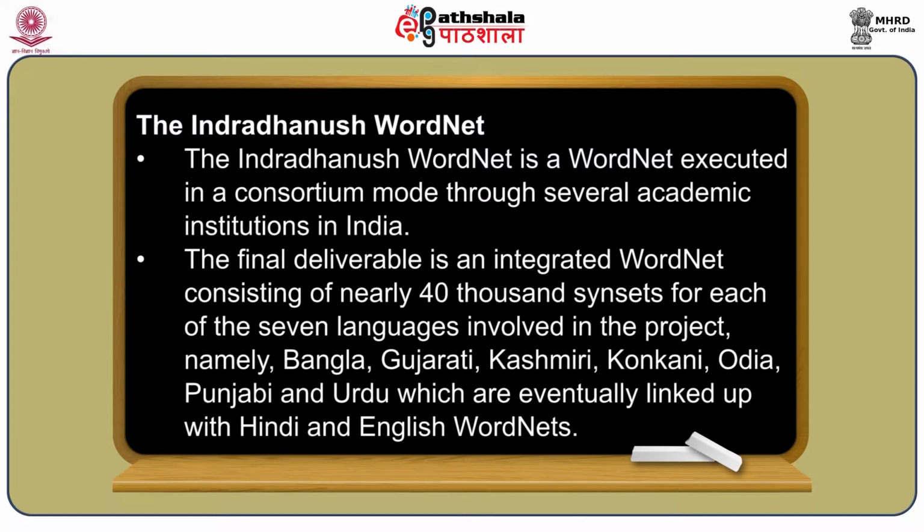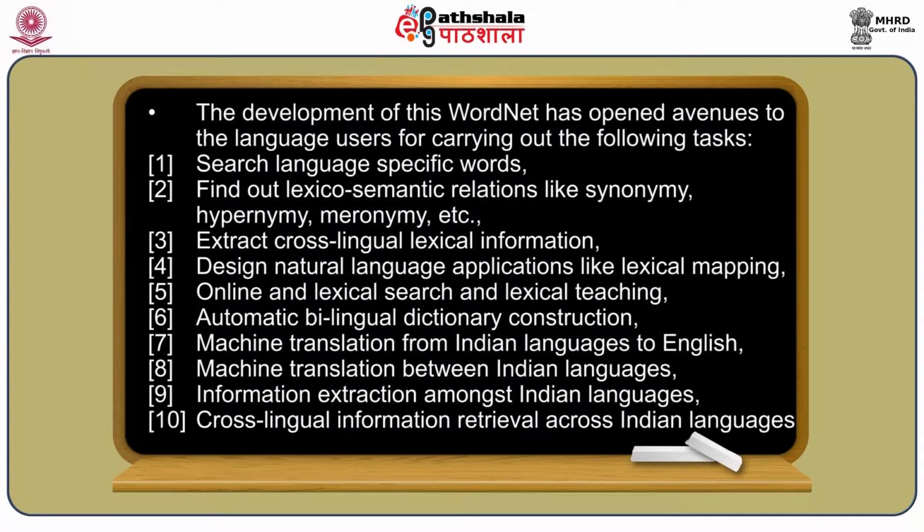Now, the Indradhanush WordNet. The Indradhanush WordNet is a WordNet executed in a consortium mode through several academic institutions in India. The final deliverable is an integrated WordNet consisting of nearly 40,000 synsets for each of the several languages involved in the project, namely Bangla, Gujarati, Kashmiri, Konkani, Odia, Punjabi and Urdu, which are eventually linked up with Hindi and English WordNets. The development of this WordNet has opened avenues to the language users for carrying out the following tasks: